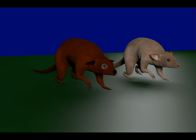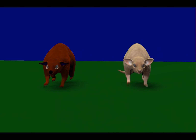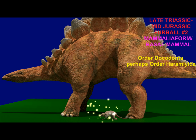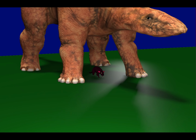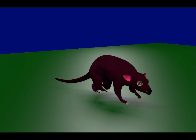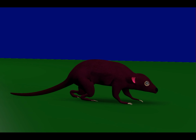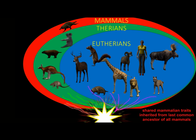I refer to those as furball number 1 category animals in a previous video. And then also furball number 2 category animals, what some refer to as true mammals and others refer to as mammaliaforms. By the mid to late Jurassic, there were animals which could either be classified as true mammals, if you had classified furball number 2 as mammaliaforms, or as crown mammals, if you had classified furball number 2 as basal mammals. These are the ancestors of the mammals alive today, the egg-laying monotremes and the live-bearing marsupials